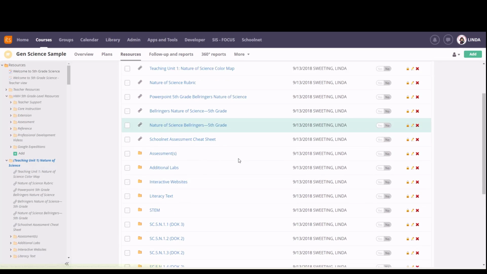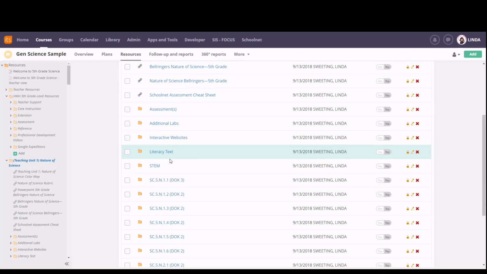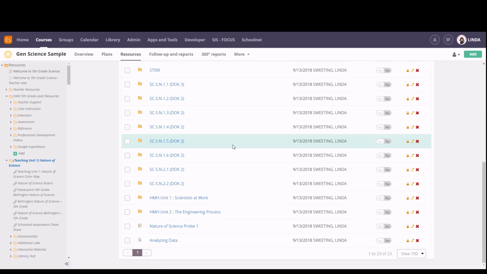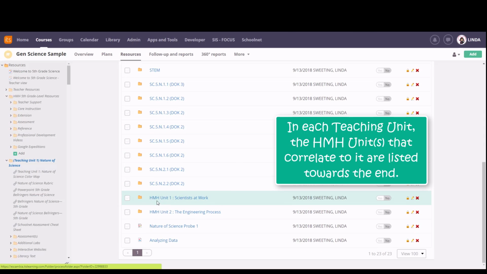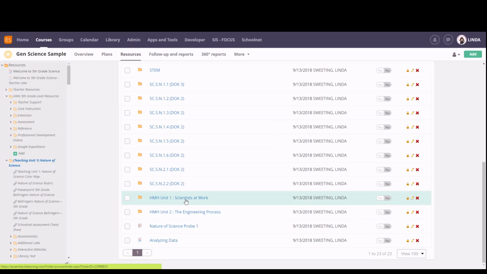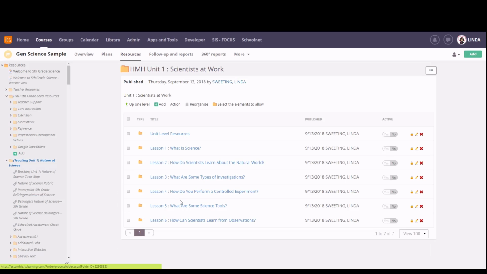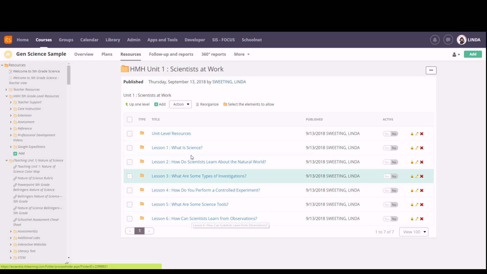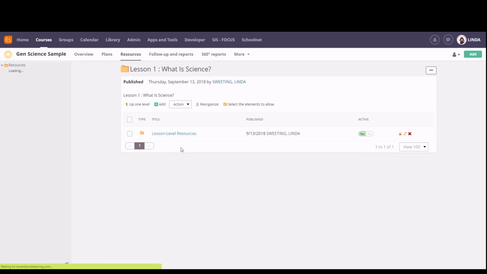At the bottom of the resources as they're listed in the core, you'll find your depth of knowledge with your standards so that you can look into them deeper, as well as the HMH units that correlate to the teaching unit. And when we open up the HMH unit, these again are organized in the same way regardless of grade level. It gives you the lessons that are attached to each one of these, and when we open up a particular lesson and the resources that go with it,